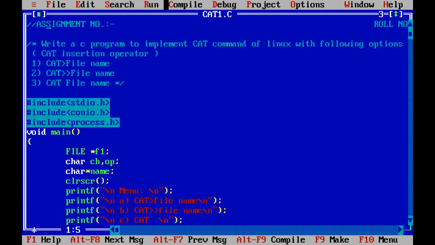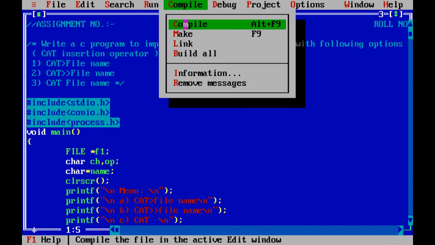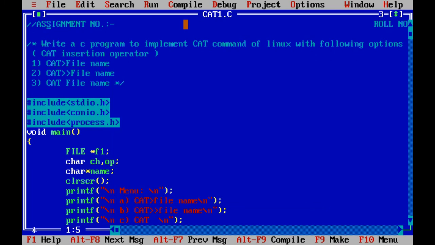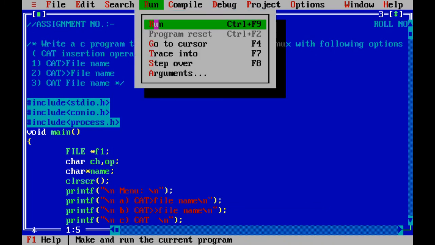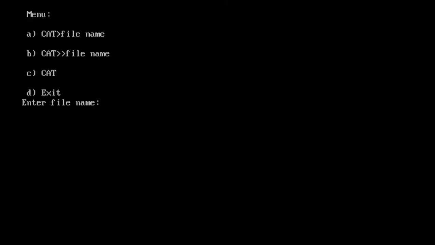Now let us compile again and run to check option number 2. Again let us provide our file name. I am giving the same file name, so make sure that you are providing the same file name. It is asking for the choice. I am providing my choice B and enter. Now it is again opened in write mode.